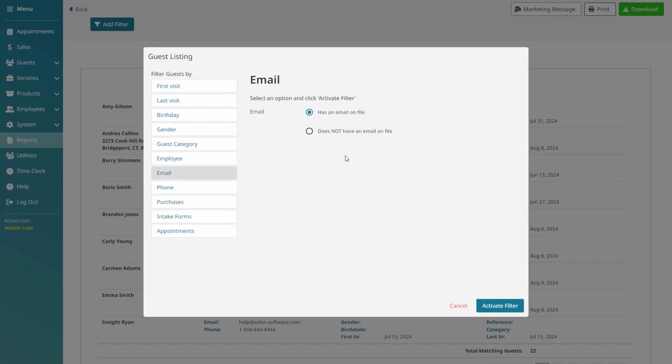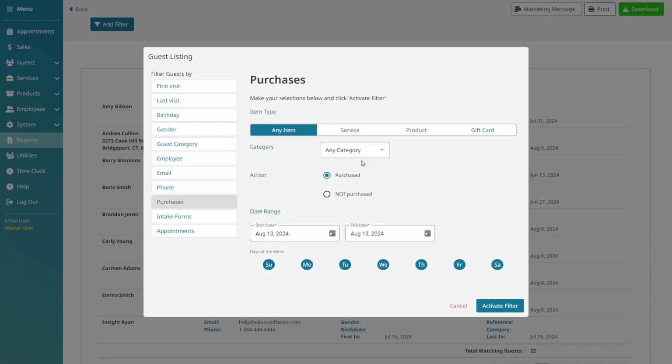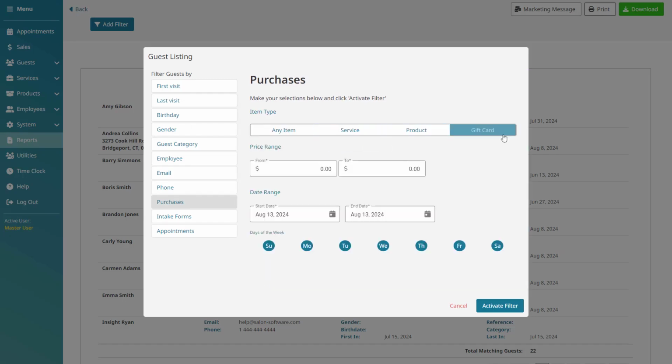Email allows you to select guests who have or do not have an email address on file. Phone allows you to select guests who have or do not have a phone number or cell number on file. Purchases is used to select guests who purchased any item, a service, a product or a gift card a specified